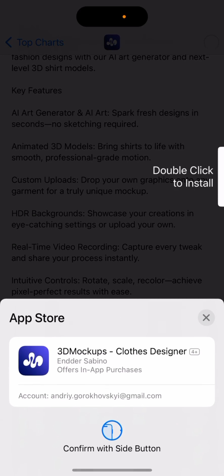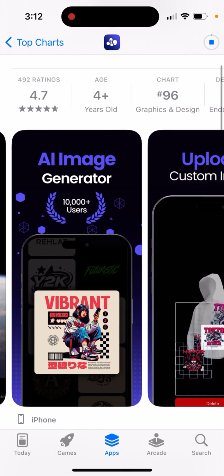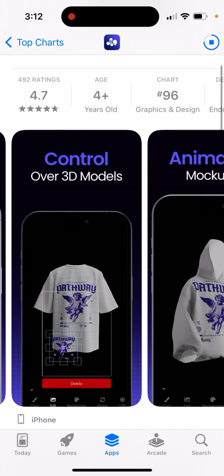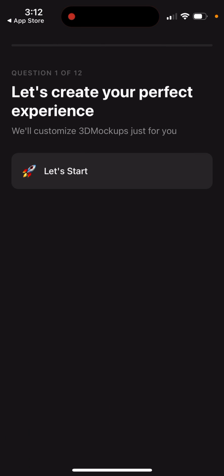And then, yeah, you can just double click to install it. And then you can see here, control, animated mockups, custom 360 backgrounds, user-friendly. Pretty cool app, super cool idea. So then you can just